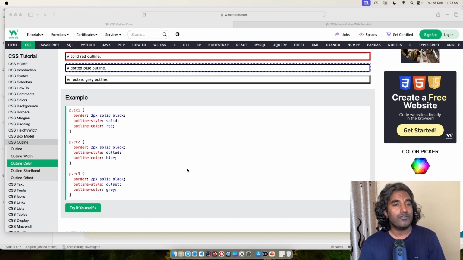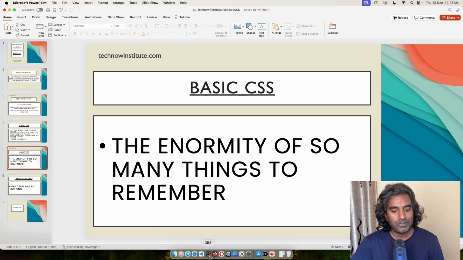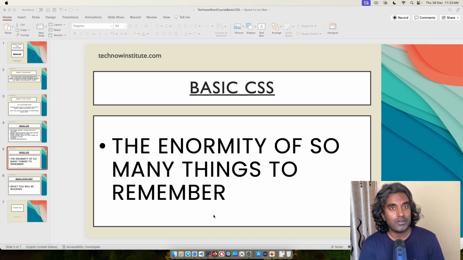So if you can remember, I'm happy for you. I really am. If you can remember all these hundreds and hundreds of things, I am really, really happy for you. But if you are not able to remember, which is a problem I've seen, out of 10 students, 5 of them can barely remember all these things despite putting in 10 hours, 20 hours every week. Again, including myself. So do not worry if you cannot remember everything. I want to emphasize this as much as possible. Programming is not just about coding.